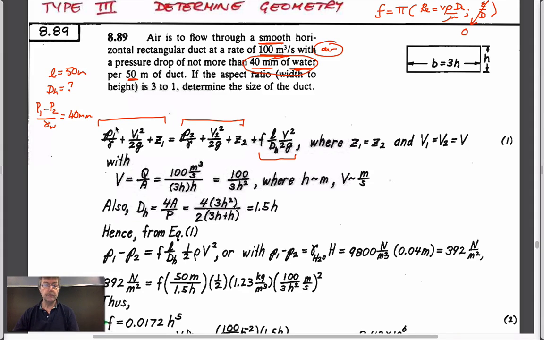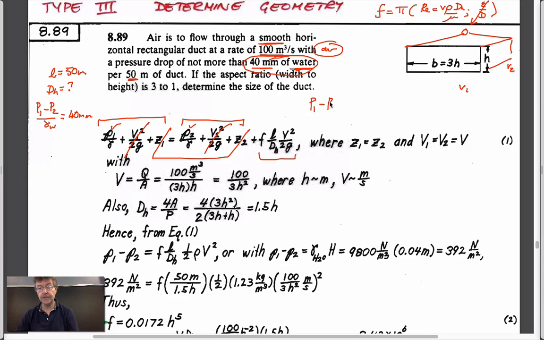And so we're going to know what P1 over gamma W is. We know that if the duct, as we go downstream, doesn't vary in section, V1 and V2 are going to be the same. And so we can get rid of these immediately. We know if it's horizontal that Z1 and Z2 both go out as well. And so basically we're left with an expression which is just